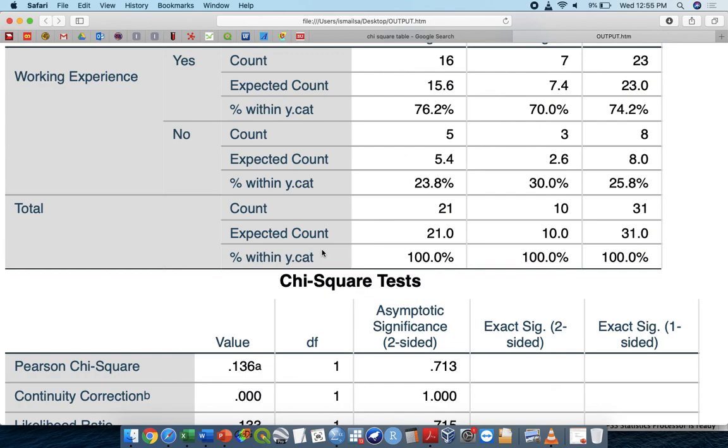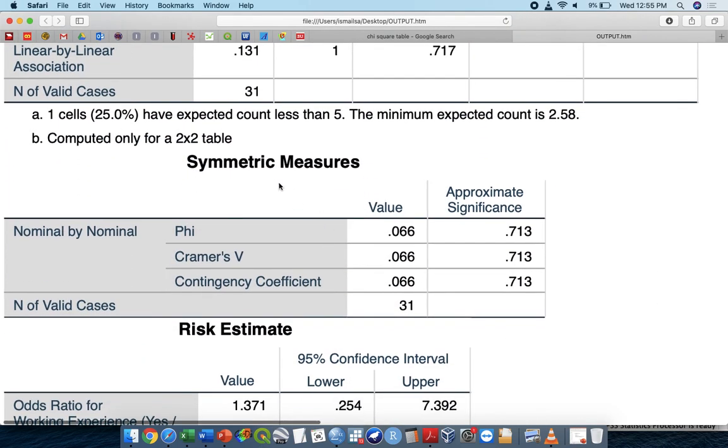Agree? Understand? If you scroll down, we can see the symmetric measures. The symmetric measures here also indicate the same assumption and same testing. What is this testing? Remember, before this, did you learn about R? What is R? Correlation coefficient, right? R indicates strength and direction. Actually, phi, Cramer's V, and contingency coefficient are also interpreted similarly to R. But remember, this one is called